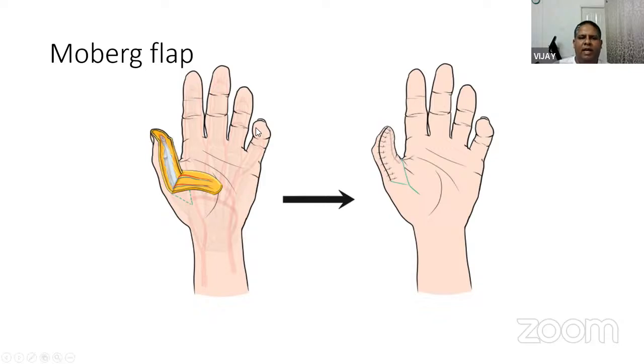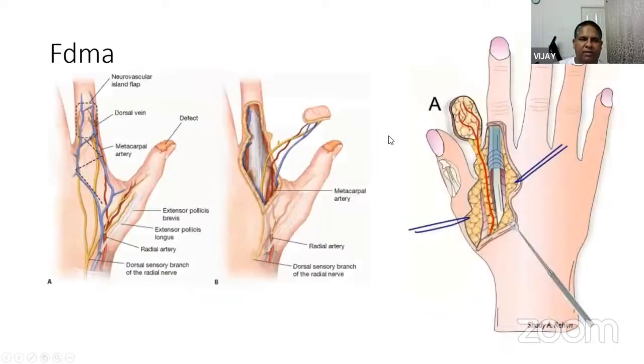This cannot be done in other fingers because thumb also has a dorsal digital artery which can supply the vascularity of thumb. If you devascularize by taking this flap with both the neurovascular bundles here, the finger itself can go for necrosis. So, Moberg flap is exclusively used for thumb tip defects. FDMA, first dorsal metacarpal artery